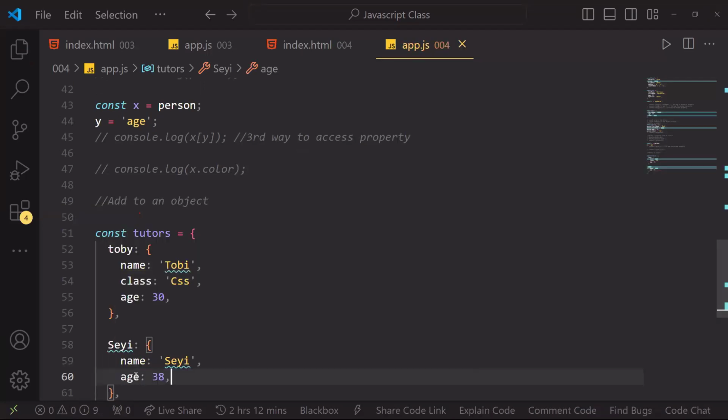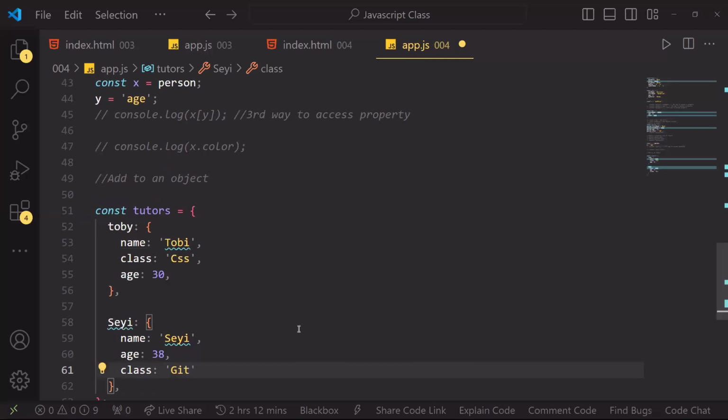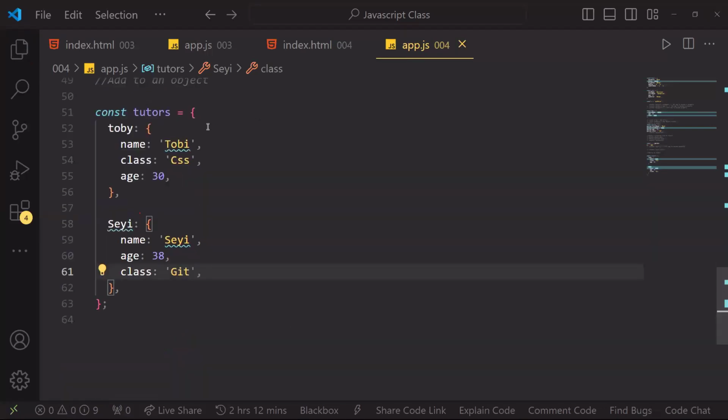Then we can say class, then we'll say Git. Now, what I've done is I've created an object, but in that object, there are also objects inside. Now, this object basically is holding a profile for